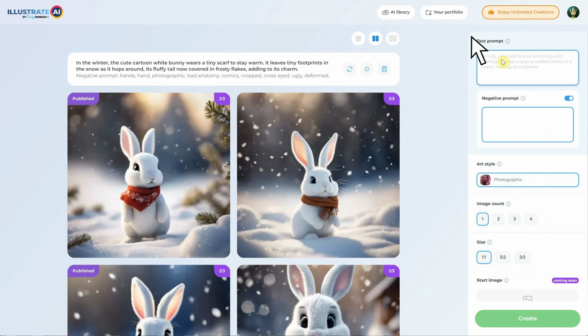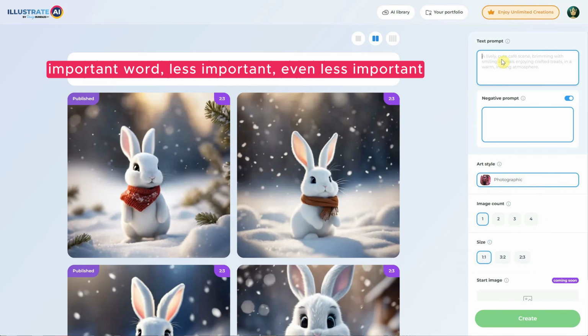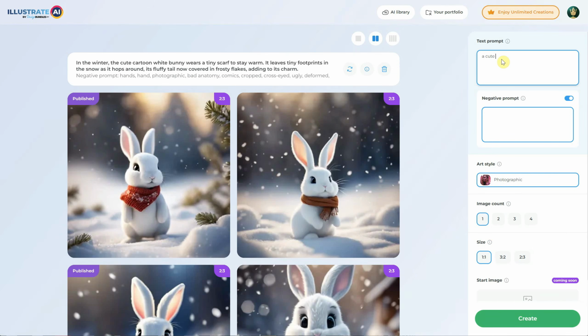Let's talk about the text prompt. Here you enter a descriptive text to guide the AI in generating your image. Be as specific as possible to achieve the best results. Include details like subjects, colors, mood, and setting. Keep in mind that the words at the beginning are more important than the ones at the end, so always put the subject or what is important first. Let's give it a quick test with something simple, like a cute cartoon cat, and then we'll move on to